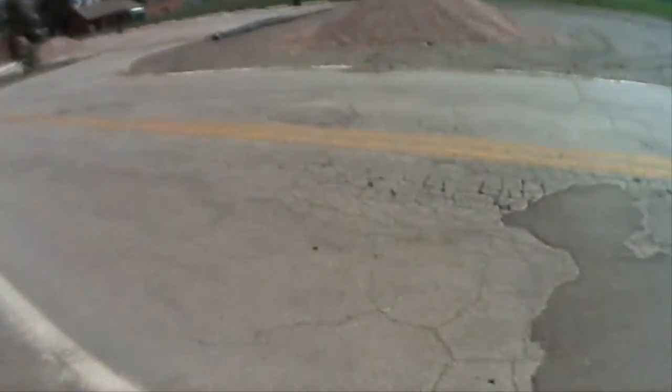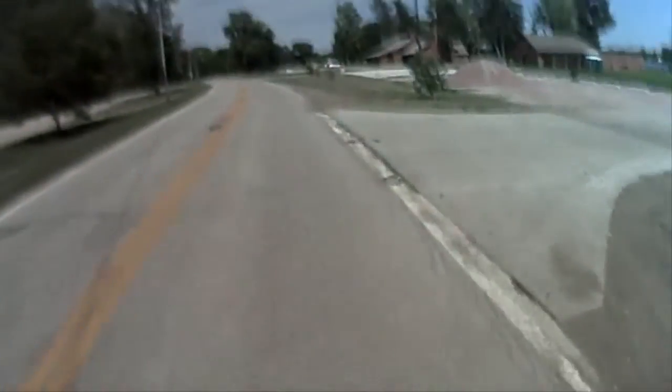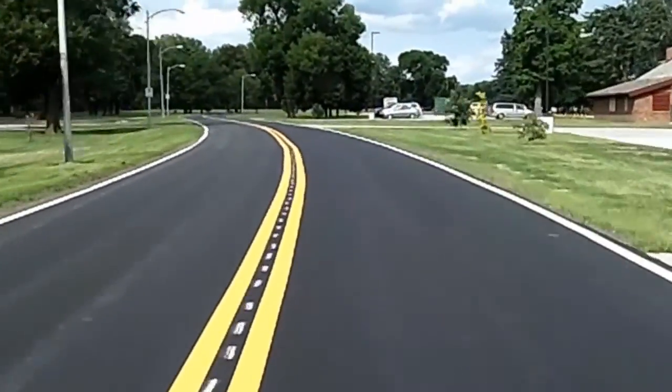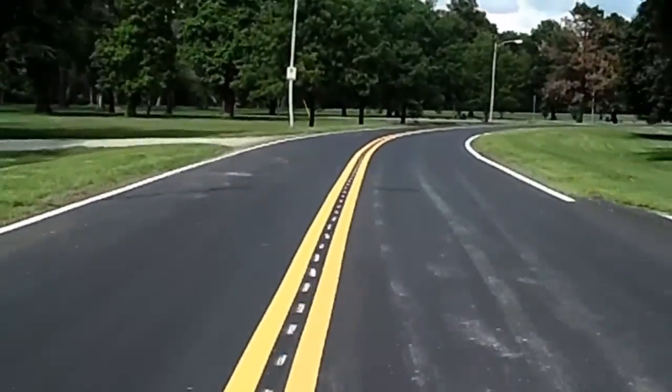Alright, so as we head out this first bit here, this was when I first used my helmet cam, and I did the course the first time riding my bike. And you can see the road's a little bit broken up, sketchy. I posted that on Instagram, but now this is the smoother section here, so all repaved all the way out,